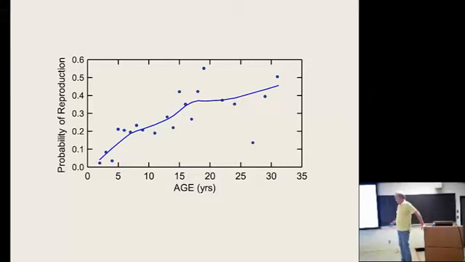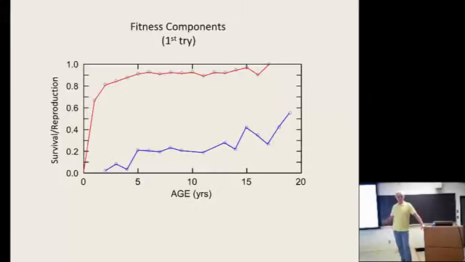So we have a first shot here at looking at something like fitness components. We have survival probabilities and probability of reproduction as a function of age. Okay. And it doesn't say a tremendous amount, but it does allow you to say a couple of things that might be of some interest here. First of all, if you look at colonies that are more than 5 years old, they have a very good chance of surviving. Very high survival from year to year, 90% or more.